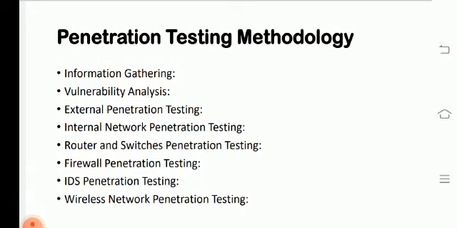Next is wireless network penetration testing. Wireless networks are more economical than wired networks. Wireless networks are cheaper, but there are various risks associated with them. A wireless network is less protected than a wired one. Wireless networks must be tested strictly and the respective security enhancements must be applied. So this is the wireless network.